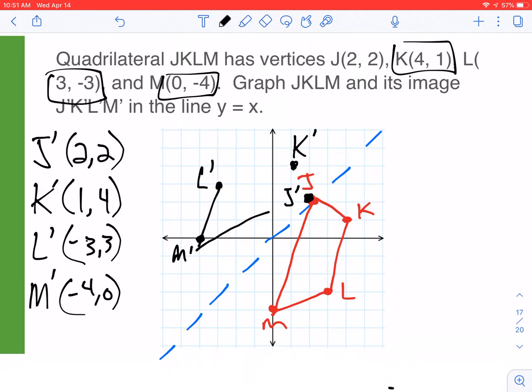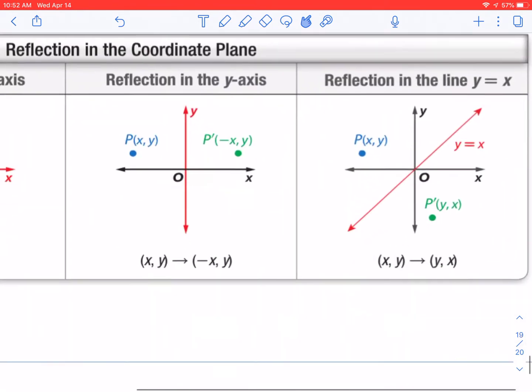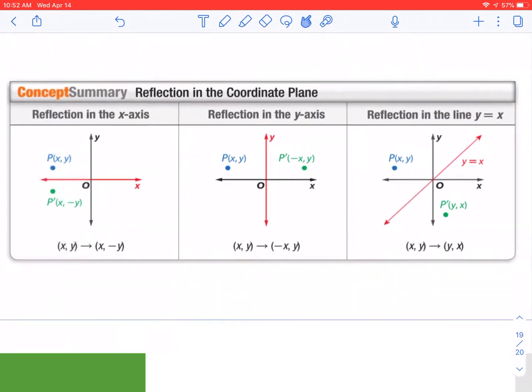And if I connect my dots, you will notice that that shape is an image of itself reflected over y equals x. Okay, eventually I'm going to give you guys a chart, but here's kind of an idea